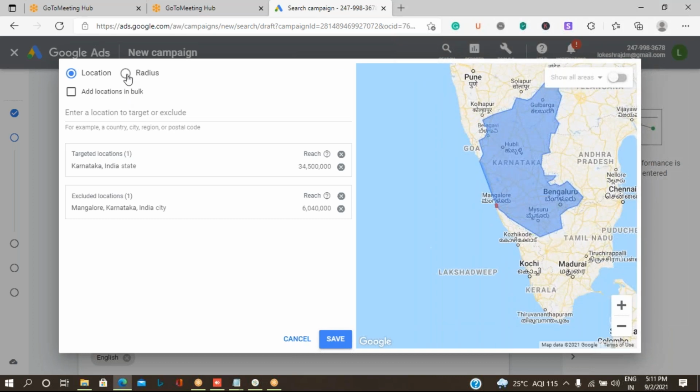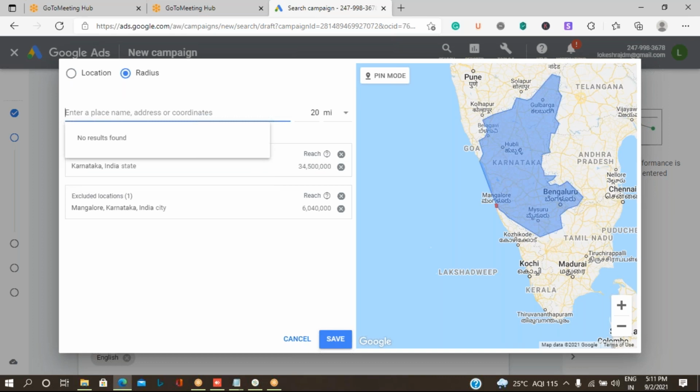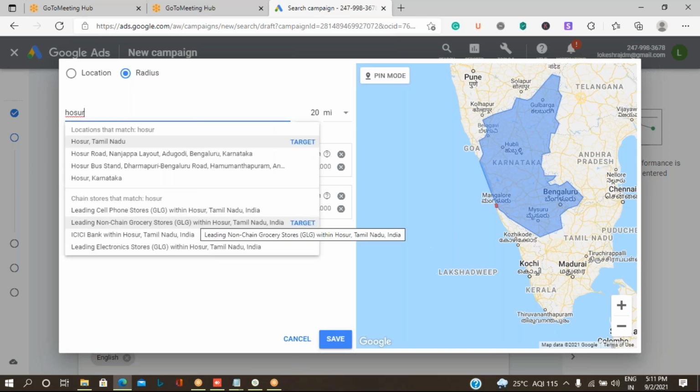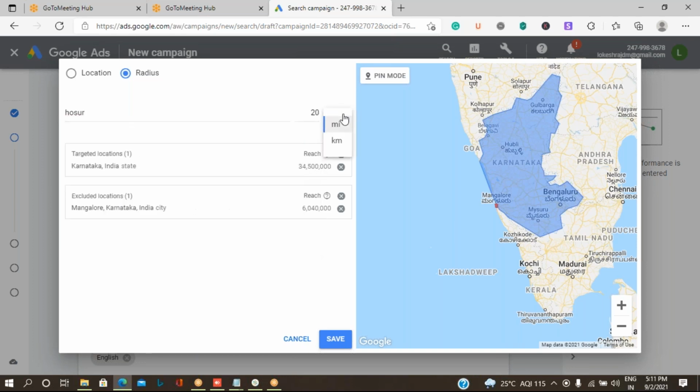There is one more way, that is by clicking on radius. If I specify a particular area, for example, with this Karnataka state, I also want to target a particular location and the surrounding place. When I select radius, it is applied to the surrounding place. The surrounding place can be calculated in kilometers or miles, so you can select one of them.